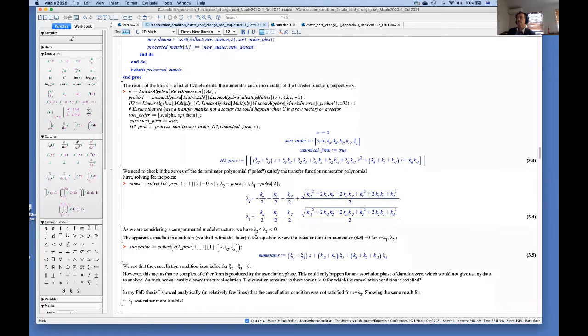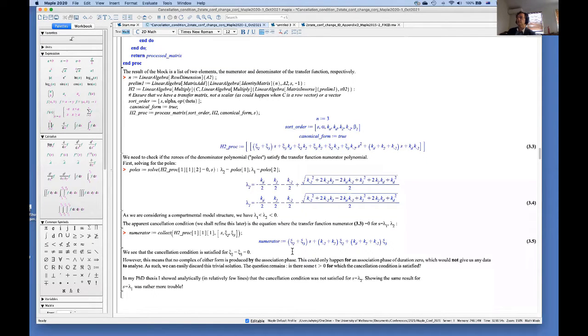Here we've got lambda 1 is clearly smaller than lambda 2. As it happens, we can write just the numerator part of it, and we can see that if you were to set the trivial case of xi2 equals xi3 equals 0, then the numerator is equal to 0, so pole zero cancellation. But that's not a very feasible solution for us. It's not of any real interest, because that would mean that you have no complex forms, which means there's been no dynamics of the first phase. In an experiment, we would expect something to form quite quickly. If there's no complex, there's no data to analyze.